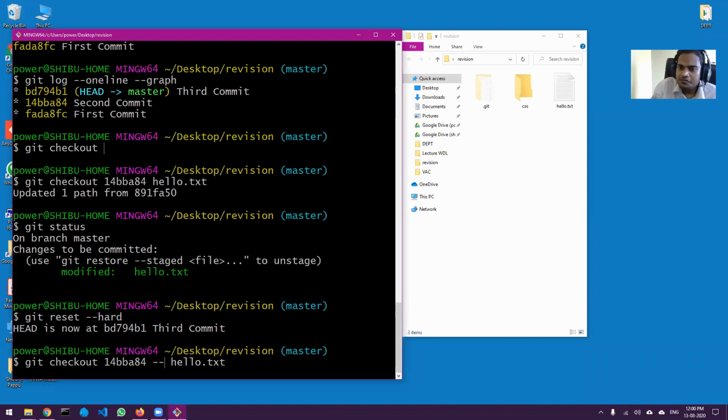If there is a branch named hello.txt and you don't want git to misinterpret, you can purposefully say that the double dash means you are looking for a file and not a branch. So this is optional. Usually in our case it will not happen that a file and a branch have the same name, but if it ever happens, then you can use this double dash.